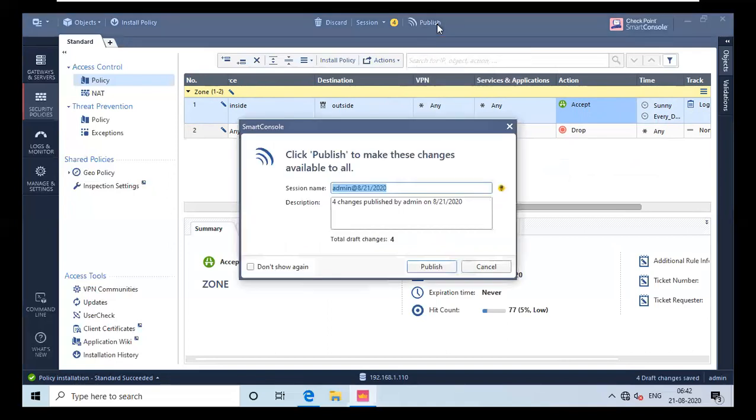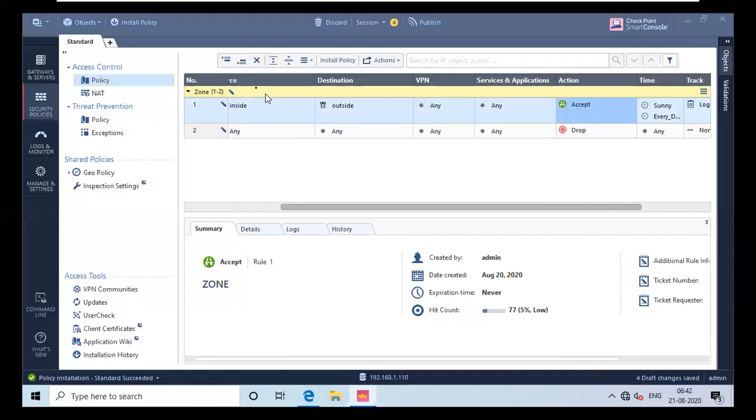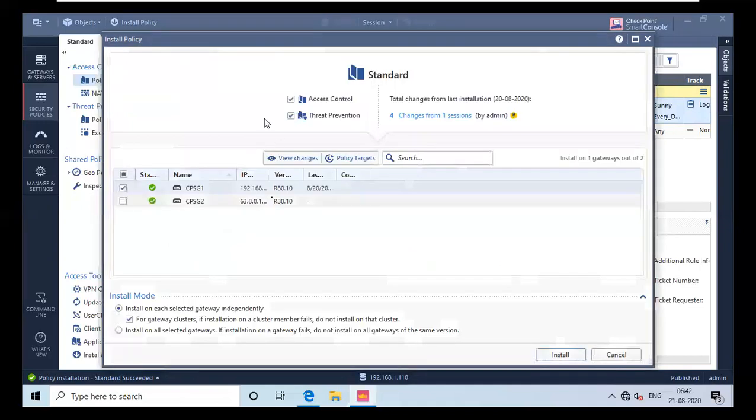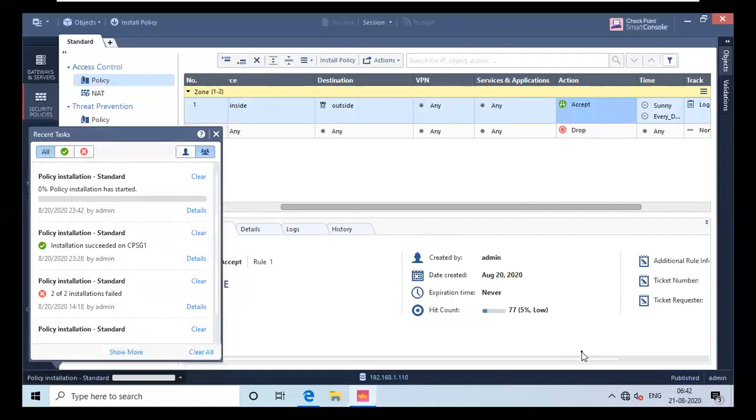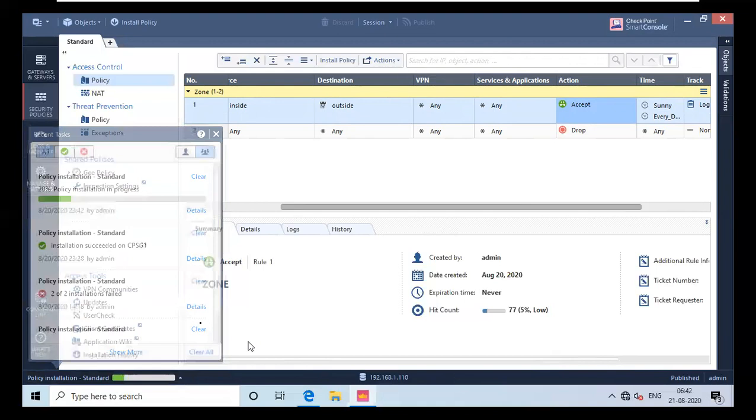So I will go for publish these changes, and it's publishing, and I have to basically install it. And install it in 501. I'm okay there. I'm fine with that, and it will take a little bit of time. Okay.